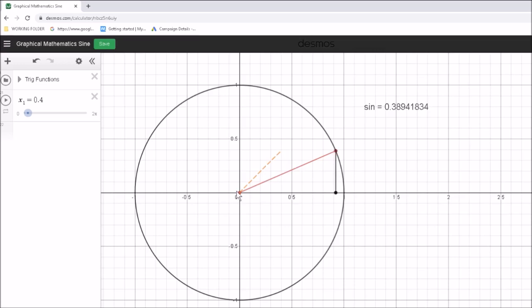So again, what we've done is we've opened up the circle so that all 360 degrees now appear along this axis. Now along the y-axis, we've got the ratio of this length here divided by this length here. Now the way we've set it out at the moment is we've made the hypotenuse, the red line, equal to a value of 1. So it means the ratio of this length to this length is just going to be the value of y upon 1, which is just really going to be this height. So it means that the value of the sine function is just really going to be the height of the